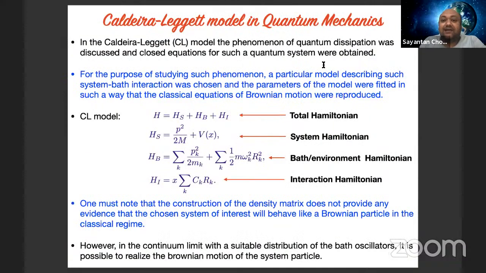So this is the Caldeira-Leggett model that I was talking about. It's described by three parts of the Hamiltonian. This is called the total Hamiltonian. The second one is the system Hamiltonian. And this is sometimes called the bath or environment Hamiltonian, which is